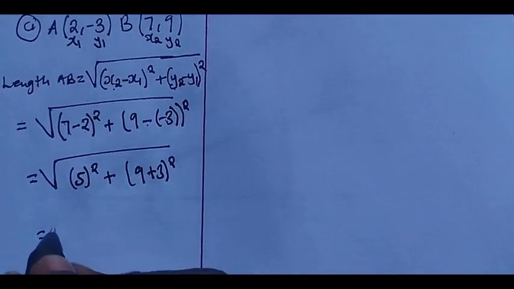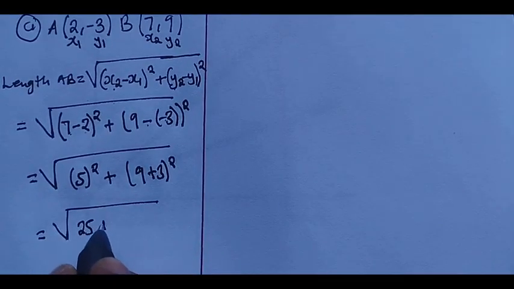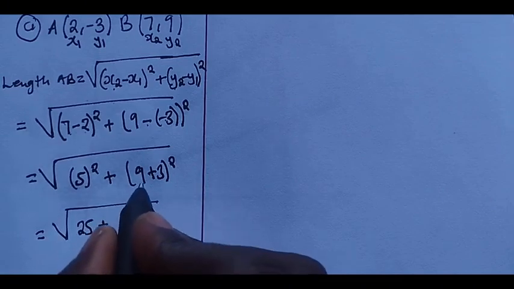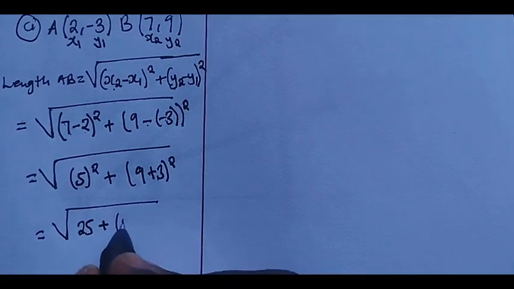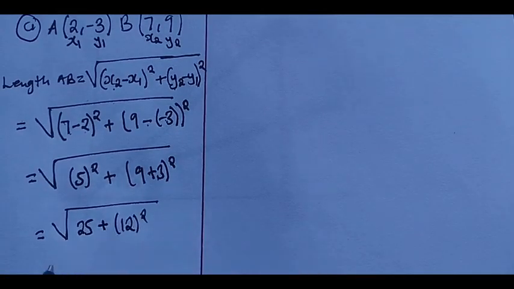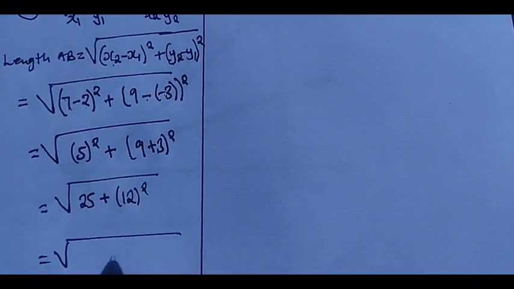So from here, say 5 squared is 25 plus 9 times 3, it's 12. So here we are going to have 12 squared. So 12 squared means 12 times 12, which will give us what? 144. So we're going to have 25 plus